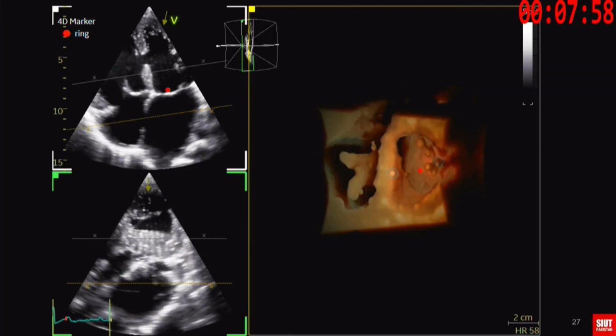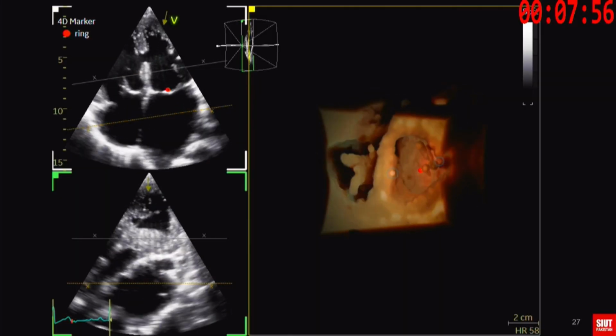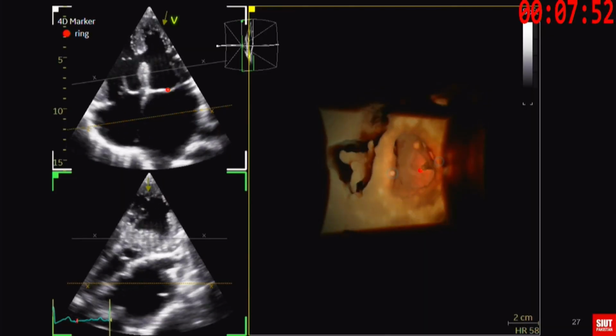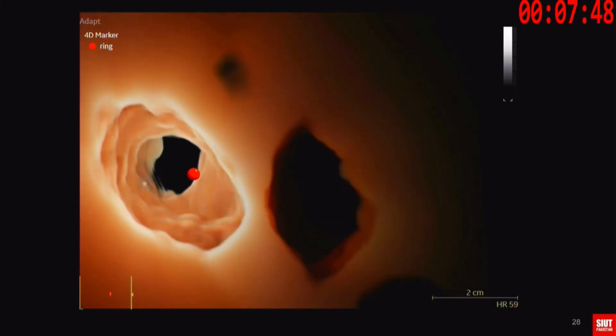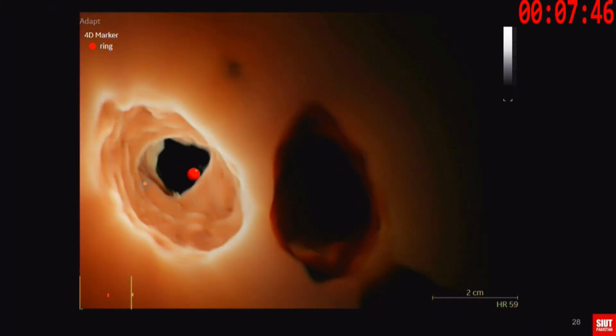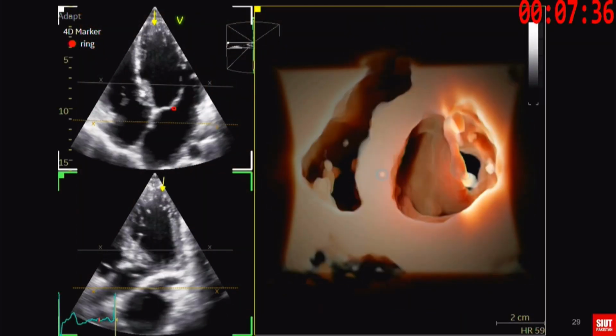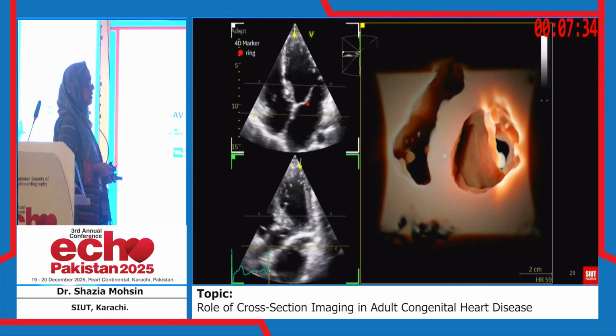This is from the ventricular side, and we can see how the mitral valve is not opening nicely, whereas on the right side, the tricuspid valve is opening nicely. He underwent surgery, and these are the views after the surgery. You can see the remarkable difference in how the mitral valve is seen. This is an en face view from the surgeon's side. We are seeing from the atrium, and this is now from the ventricular side. We can see how nicely it is opening.